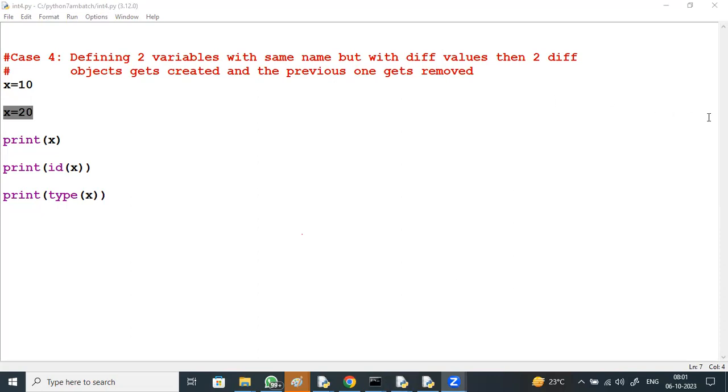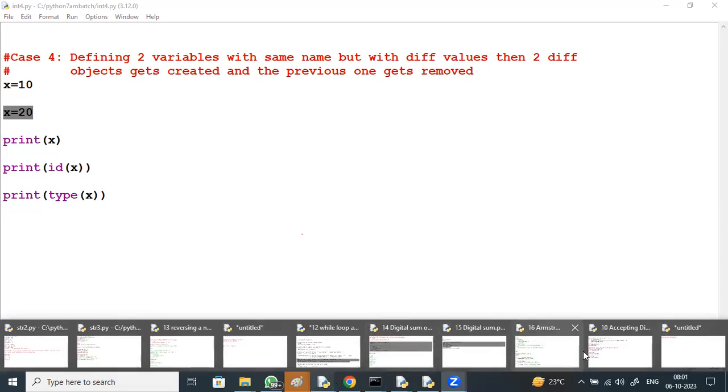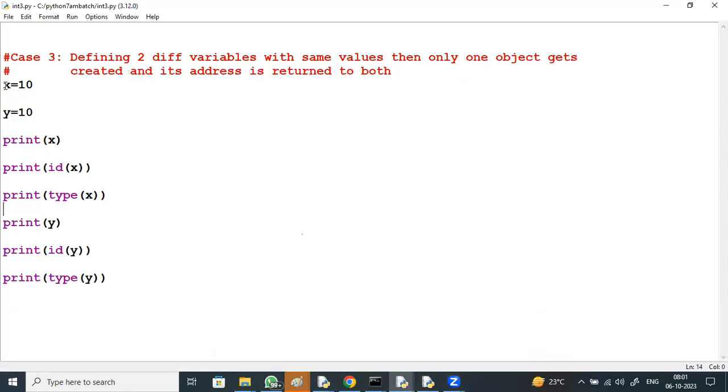I'll come back to this explanation, but observe this case 3. X is 10, Y is 10. Address of X and address of Y, is it the same or different? It has to be the same, right? It must be the same. Values are the same. But if I say 10.0 here,